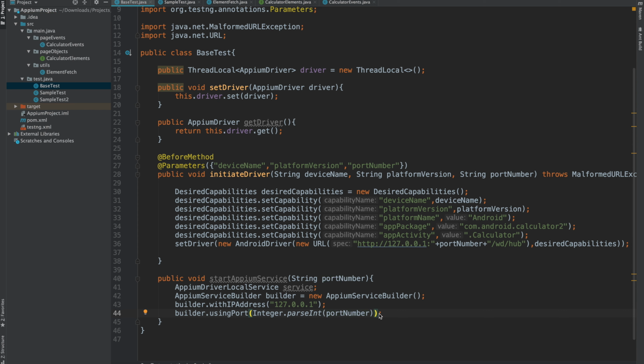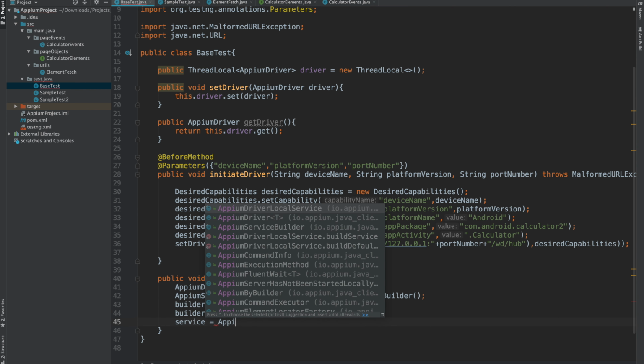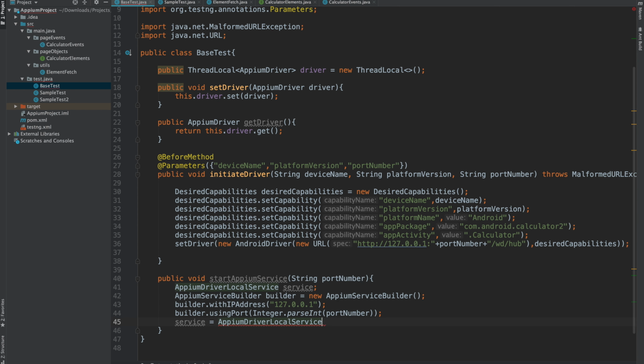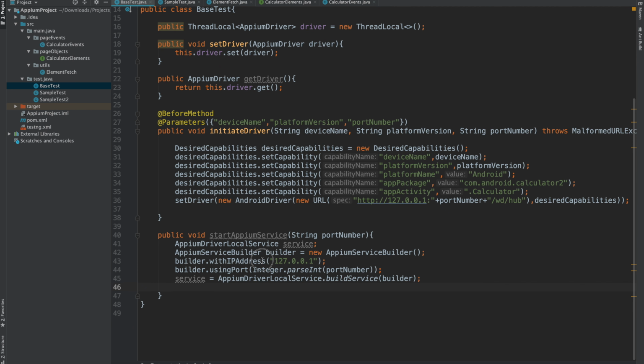And now we will be initiating our AppiumDriverLocalService, which can be done like service equal to AppiumDriverLocalService.buildService, inside which we will be sending this builder. So it will be initializing the AppiumDriverLocalService on this given IP address and the port that we will be sending through this particular method.